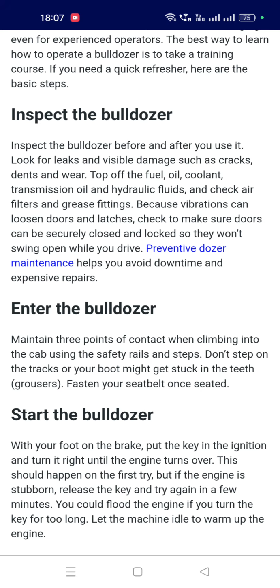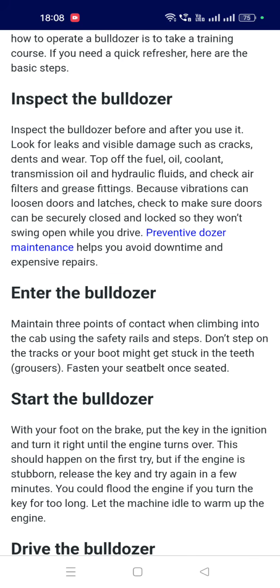Top off the oil, coolant, transmission oil, and hydraulic fluid, and check the air filter and gas filter, because vibration can loosen doors and latches. Check to make sure doors can be securely closed and locked so they don't swing open while you drive.